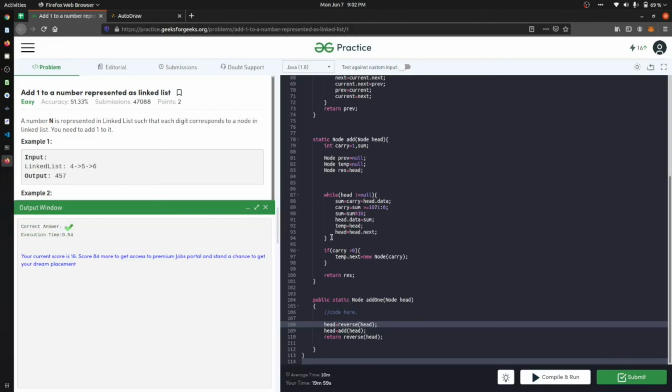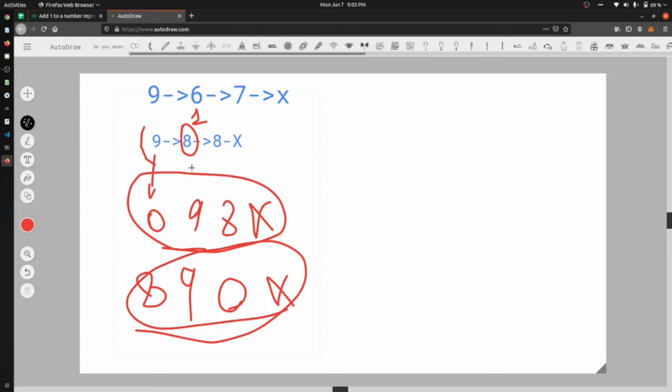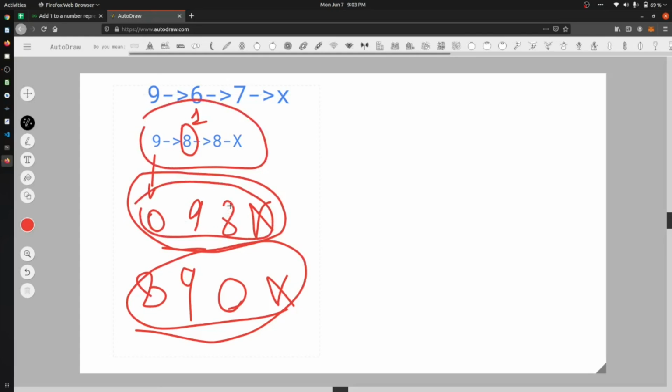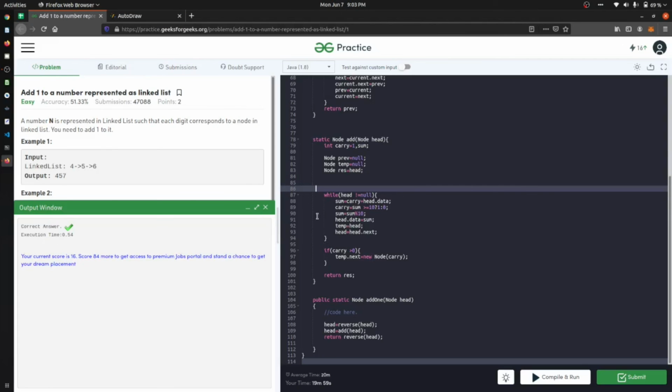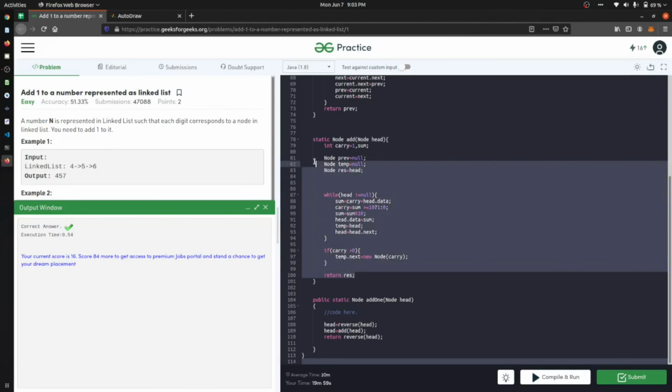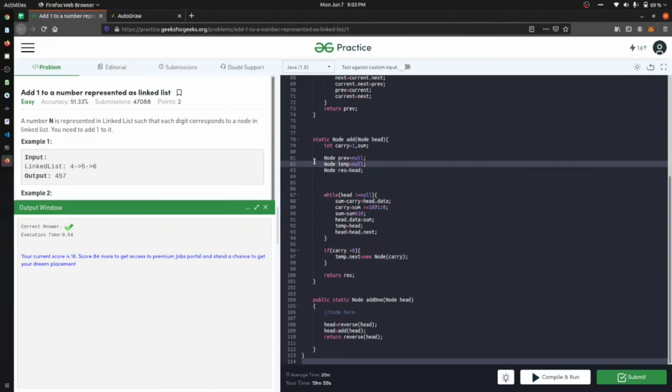So this is a way in which we can do that. Firstly, we reverse the whole linked list, then we add, and in the last case, if we get a carry, we have to create a new node and add it, and then just return our whole linked list. So this is a way in which we can solve this.